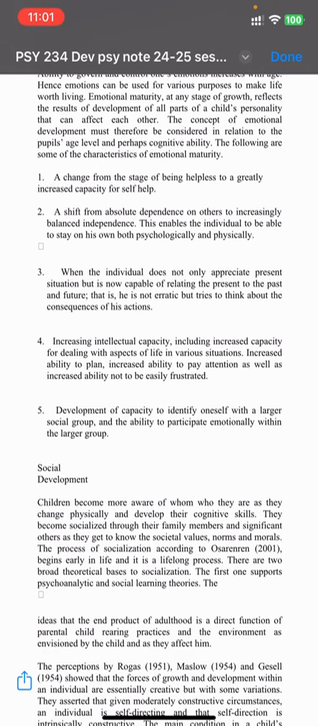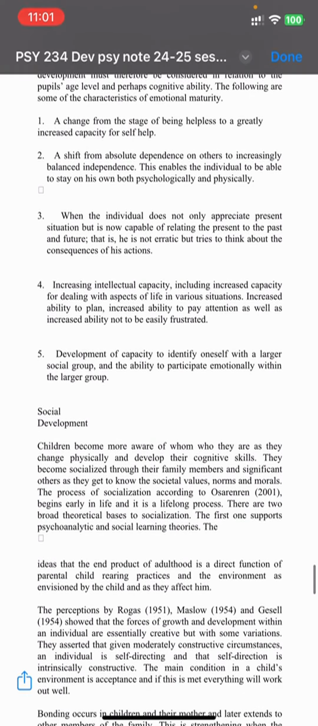Increasing intellectual ability. So an increased ability to plan, an increased ability to pay attention, as well as an increased ability not to be easily frustrated. So as children, they try to put the square box in the circle and they start crying. You know those games where they put the box in the box, circle in the circle. So they'll keep trying it and they'll start crying. But now their intellectual ability has improved. Not only would they get it, but even if they don't get it on the first try, they wouldn't quit